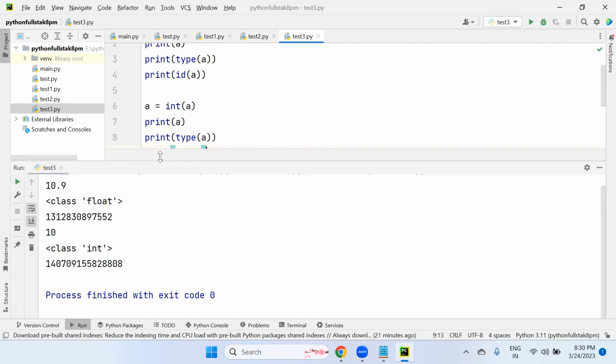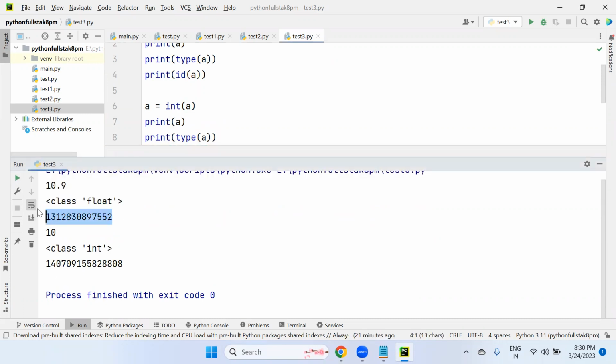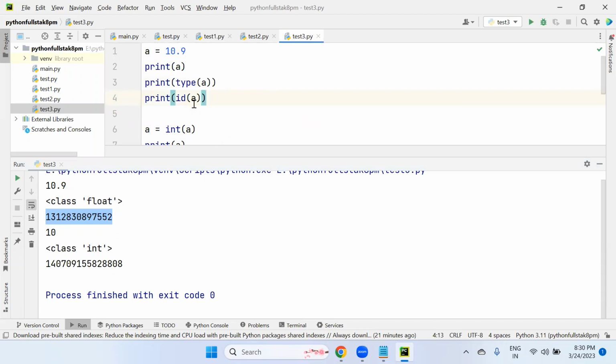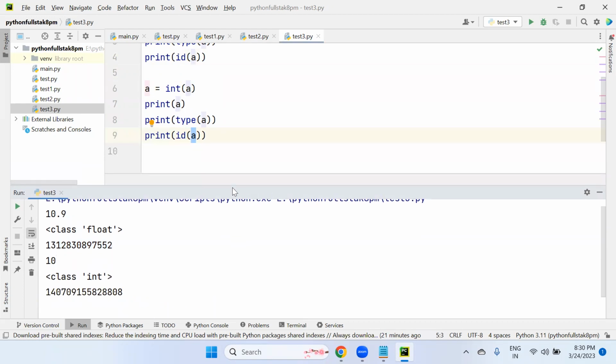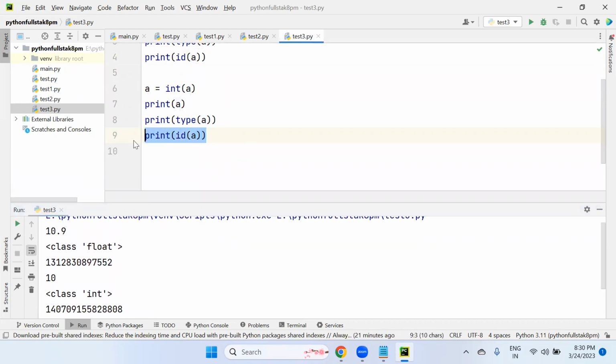This a variable got a different memory address, and this a variable got a different memory address. So though the variable names are the same, the memory addresses are different.